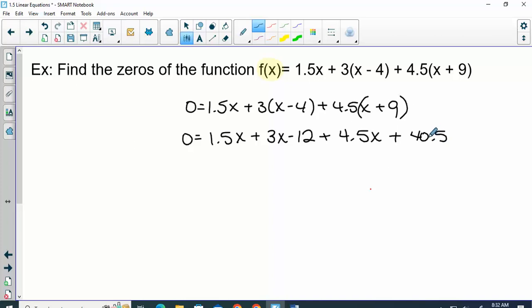You guys are so trusting. Combining like terms, 1.5x plus 3x plus 4.5x. So 1.5 plus 3 plus 4.5, that's 9. Negative 12 plus 40.5